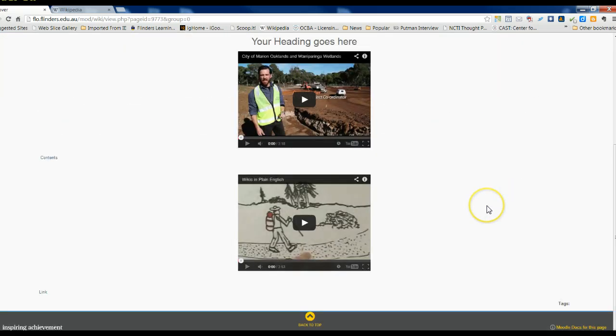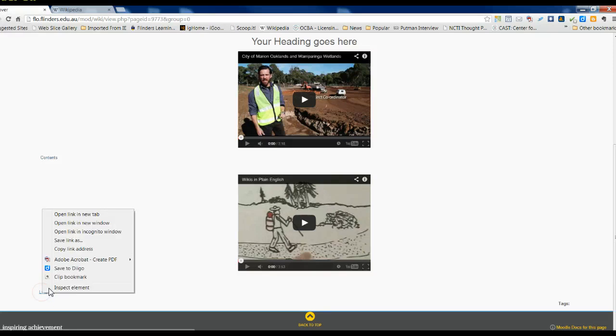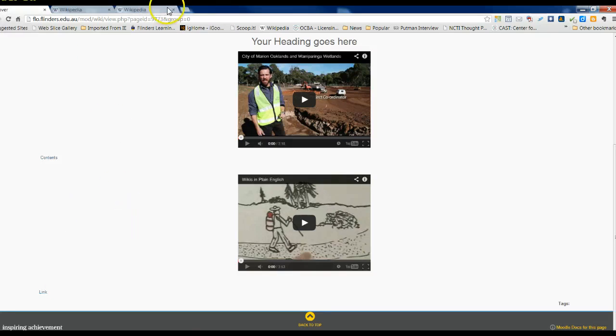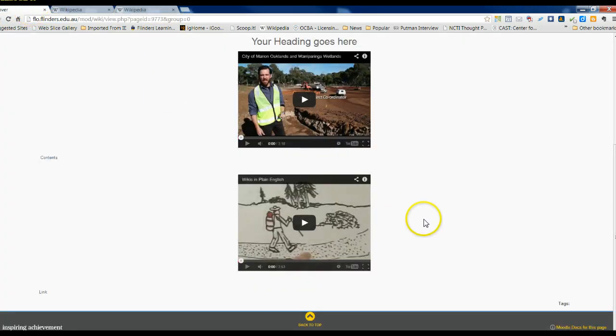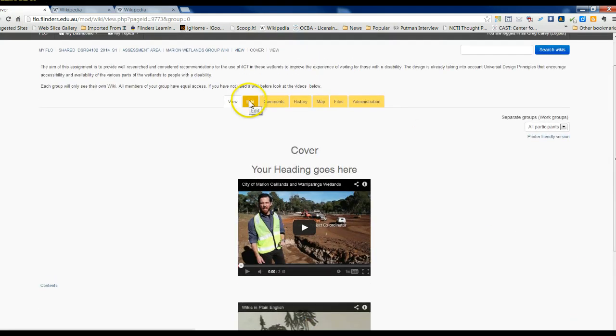So now it looks a little bit different. We've got a link down here. You notice that at the moment everything is small. You might want to change the font, you might want to change things, but basically if I open the new tab, that's exactly what we get. Okay, so it's as easy as that. The great thing is that you can collaborate all the time. You can edit,